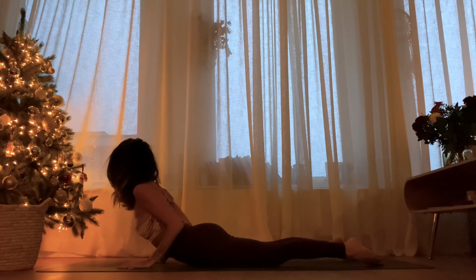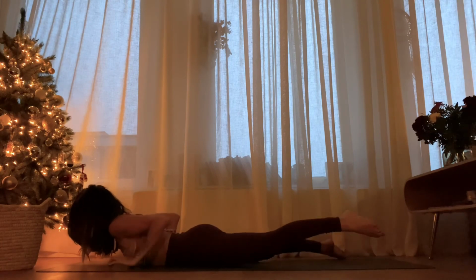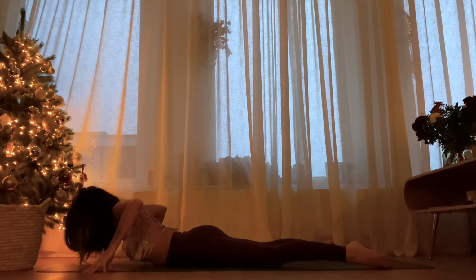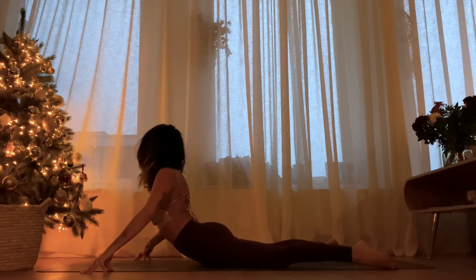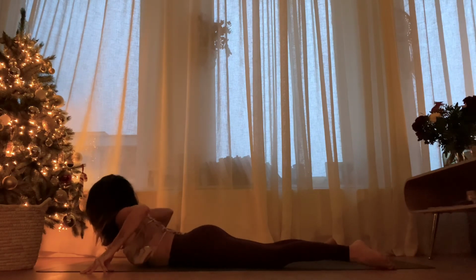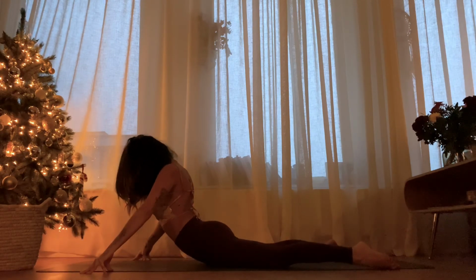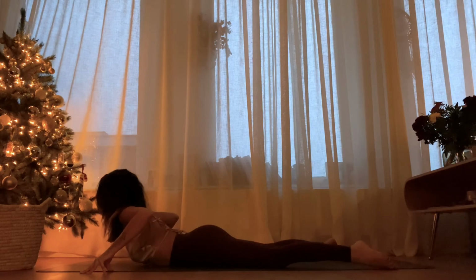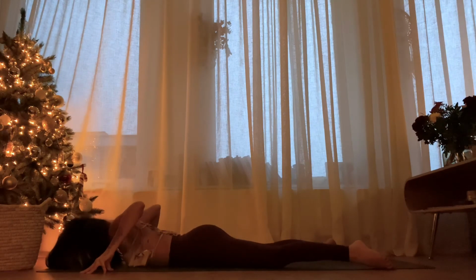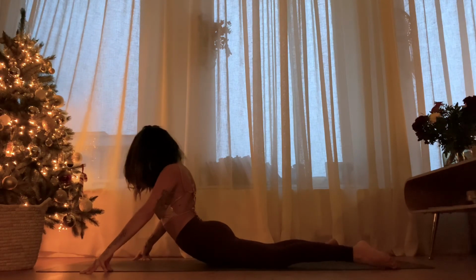Inhale, inflate the heart up. And exhale, release. Now spider your fingers, place them outside the mat. Cactus your arms, inhale to inflate the heart up. Exhale to release. Inhale, lift. Exhale, lower. Last one, inhale, lift. Stay here a tiny bit longer,